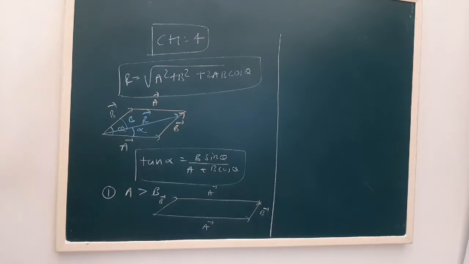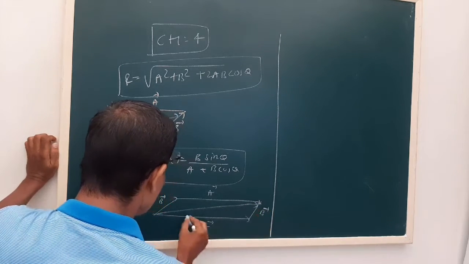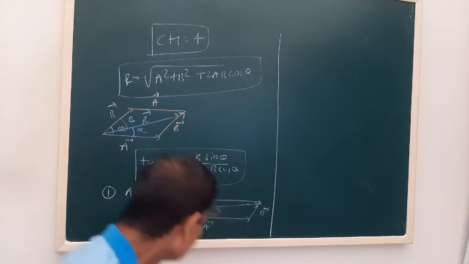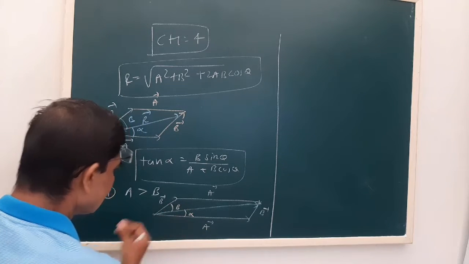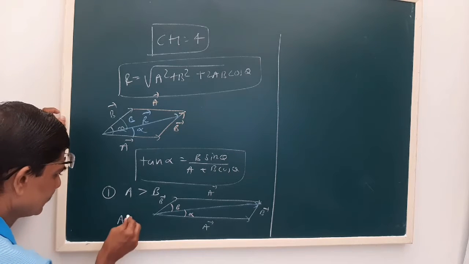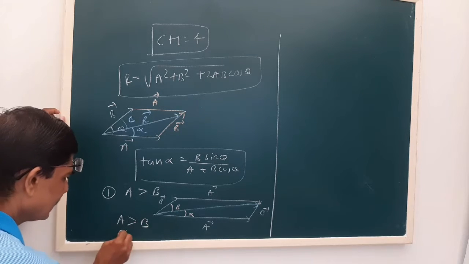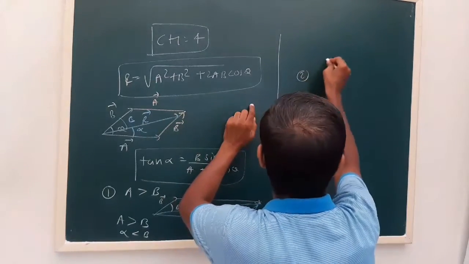Now R is the resultant, and the angles are alpha and beta. What we can see from the diagram is that if A is greater than B, then alpha will be less than beta. Second possibility,